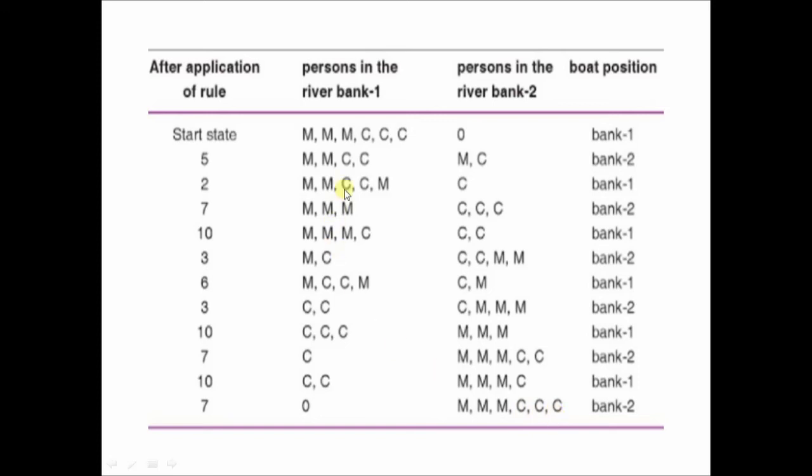Now if you see the number of steps, this was the initial state. So 1, 2, 3, 4, 5, 6, 7, 8, 9, 10, 11. The solution is achieved in 11 steps. If there is any other possible solution, play this personally and find out whether there is any other solution with fewer or more steps. But when there are multiple solutions, whichever solution has the least path cost will be the best solution.